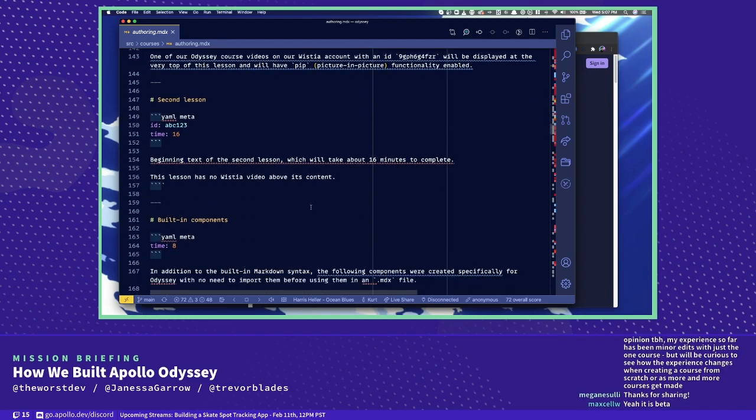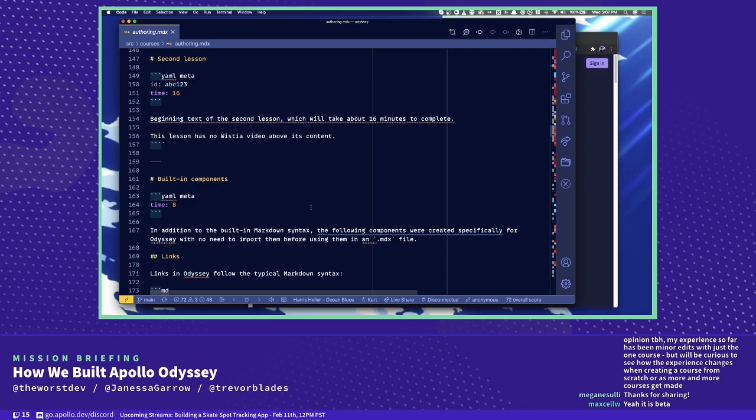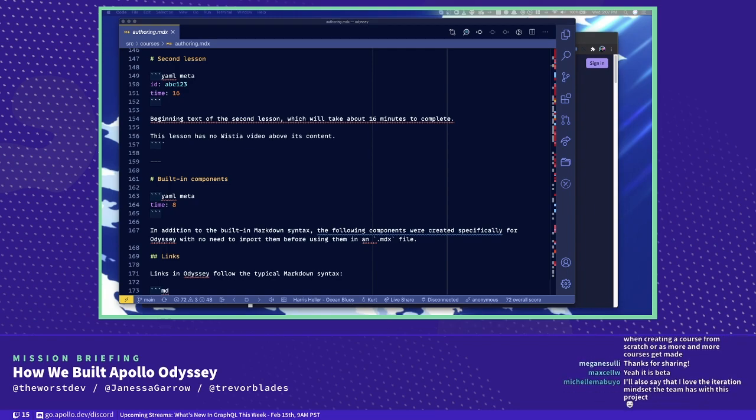But even with this, the cool thing about MDX and what we've done with MDX in this particular case is being able to selectively render certain components depending on what type of component they are, and also draw information from other components, like these YAML meta blocks.